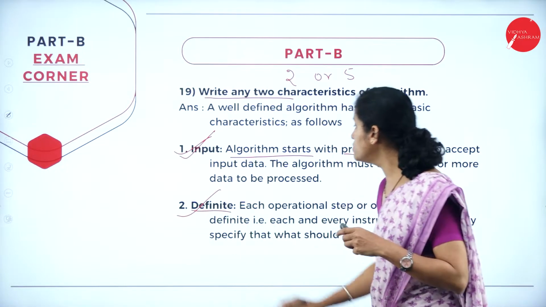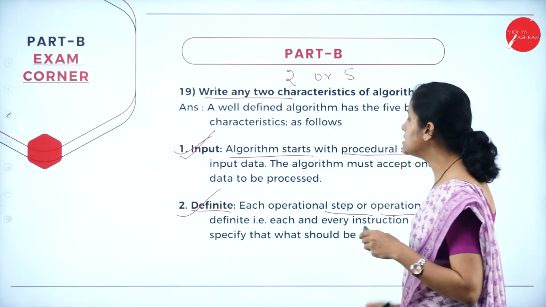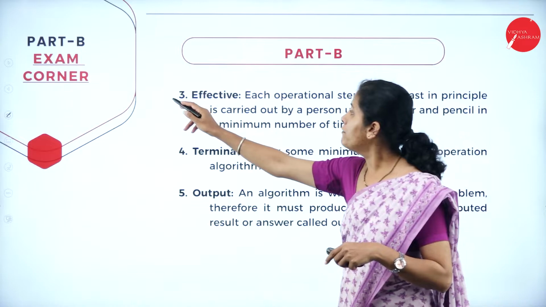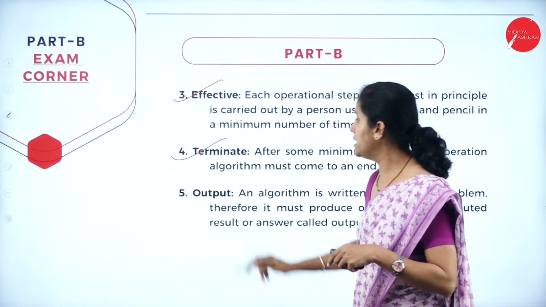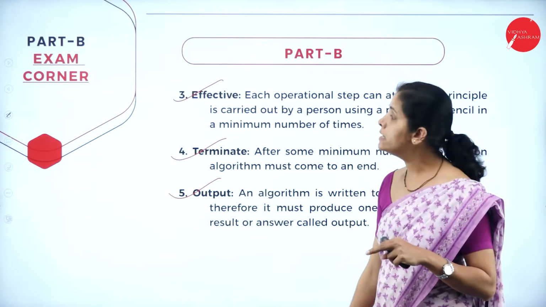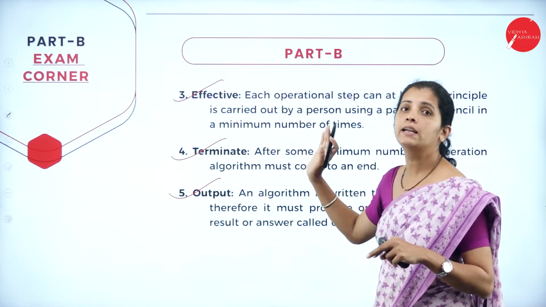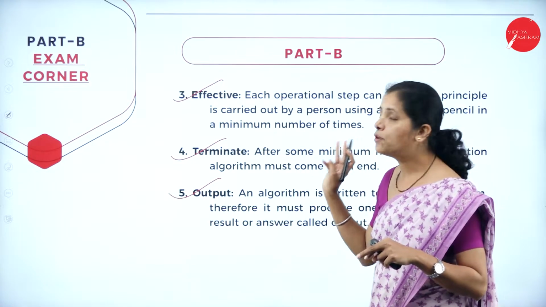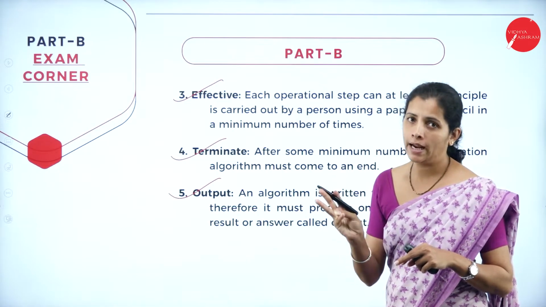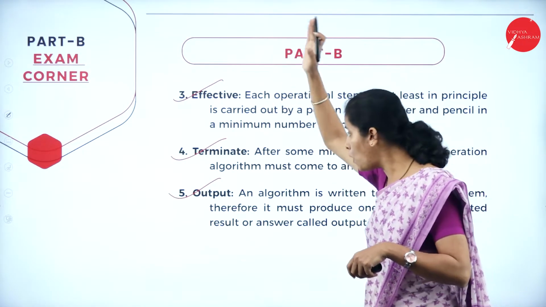So definite means each operational step must be definite. And effective, terminate, output. Now, dear student, see the weightage and write the answer based on that. If it is only for 2 marks, you write any 2 characteristics, and if it is for 5 marks, then you write all